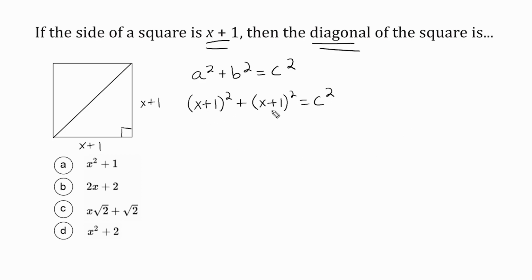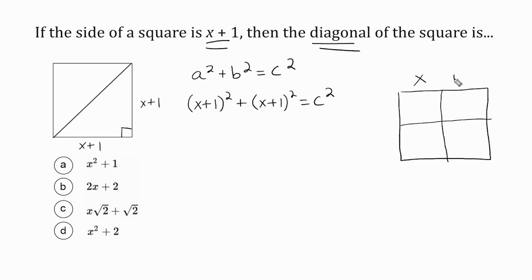All right, to square this binomial, I'm going to make a 2 by 2 table to help me along here. So on the top, we're going to write x plus 1 times x plus 1. This will keep me organized. Now, I'm going to take x times x, which is x to the second power, and 1 times x, which is just 1x. And here we have to multiply x by 1, which is, of course, just x. And 1 times 1 is 1. Now, out of these four terms, only these two terms are like terms, so we can only combine those two. So we came up with x to the second power plus 2x